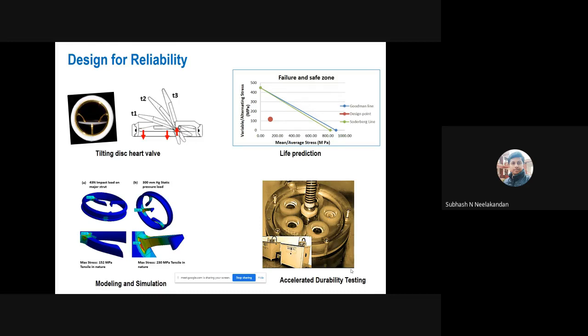So there is an approach widely used in the industry called accelerated testing. In accelerated testing, we can finish the test in a smaller amount of time. For example, the 10-year equivalent testing of a heart valve can be completed within 1 year in an accelerated testing chamber. So we are basically accelerating the time taken, and we are accelerating the failures and predicting the potential failure modes that can probably occur in the device. Based on the accelerated durability test results, we can qualify whether the device is good to go to the next stage of clinical trial or not. So this approach is called design for reliability.